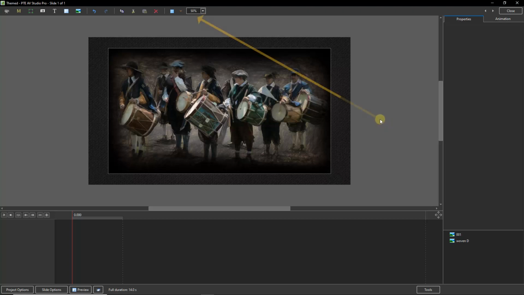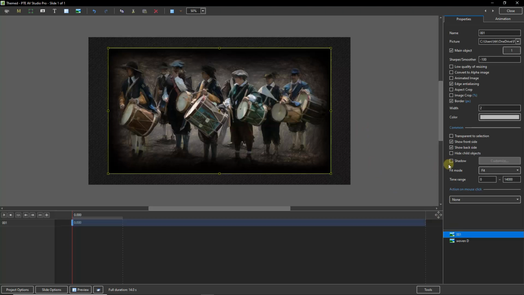But we have to remember though, if you look up at the center top of the screen, we are viewing this image at 50%. So if you'd really like to see the image as it's going to be seen in your slideshow, either do a full screen preview, or you can just adjust that size to 100% just to take a look. But I'm going to go back to my image here, and I'm going to go down to my